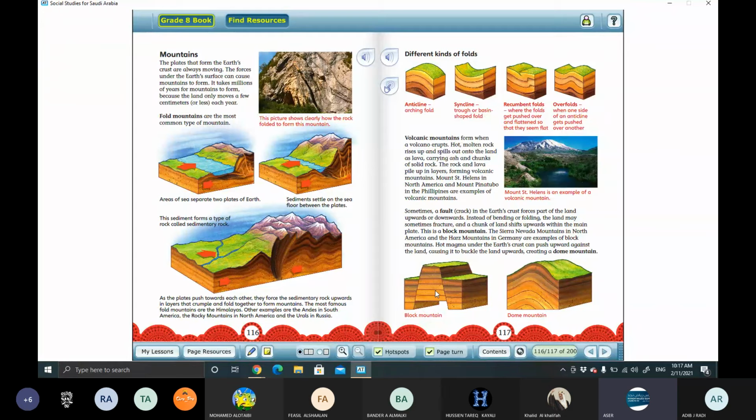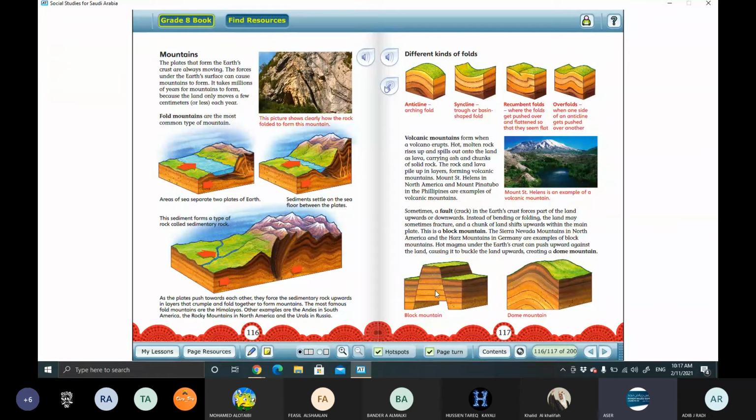Last but not least, the volcanic mountain. Of course, a volcano mountain simply means when you have a mountain and at the base of that mountain there is a huge volcano. Perhaps it could be an erupted one, and that might be an active volcano or not active volcano. It might erupt, it might not. So volcanic mountains simply means